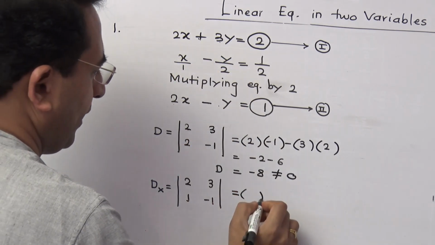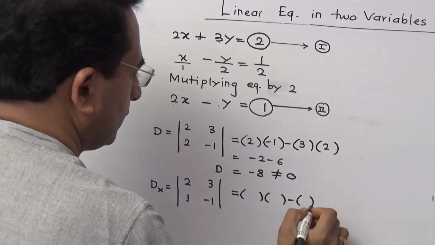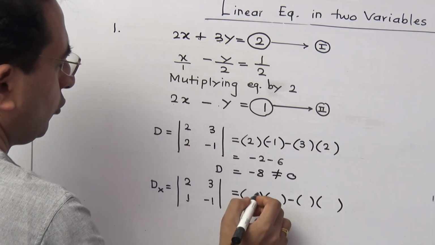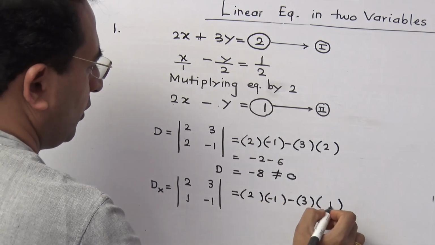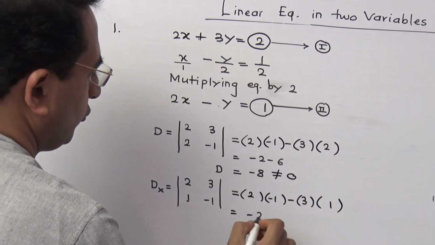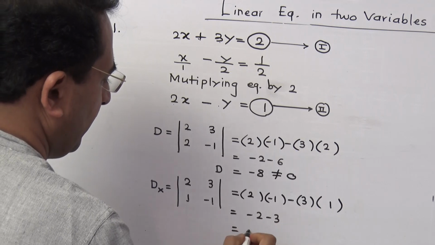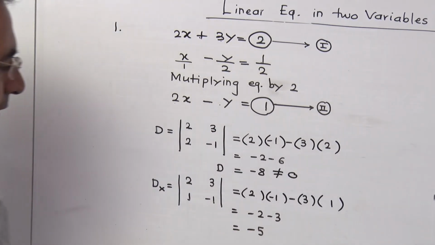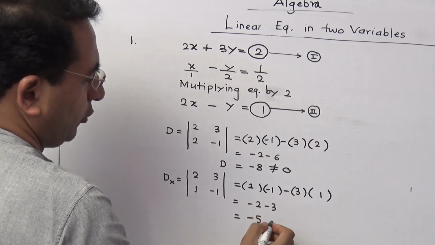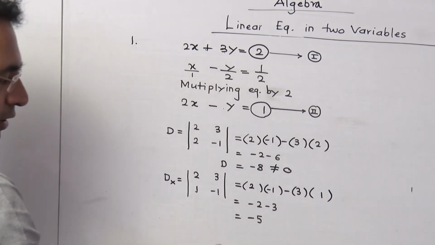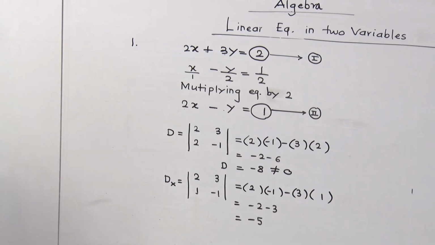Now we will put 4 brackets like this. This one is going to be 2, this one is 3, then it is -1, then it is 1. Then it is -2, -3, then it will be -5. Now there is no requirement to write minus not equal to 0. It can be 0 also. Now we are getting the answer -5.